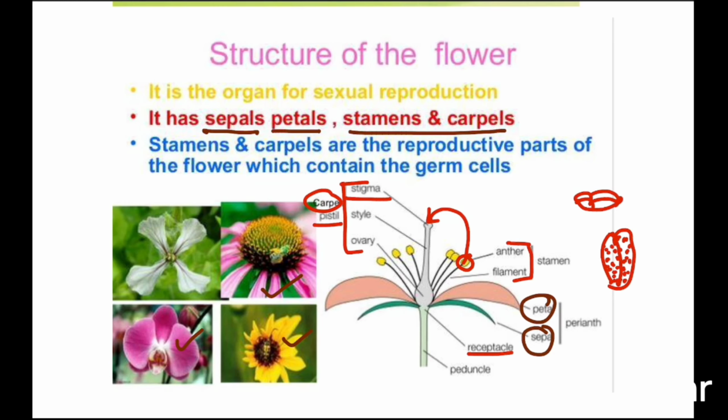And you can see that there is a long stalk-like, tube-like structure which is connecting the stigma part and the ovary part. The ovary is the main important part. Inside it you can see the ovules, which are the female reproductive part. Inside the ovule you can see the egg, right. So the style is the long tube-like structure connecting the stigma part and the ovary part. I hope you have a clear understanding of the structure of the flower now.